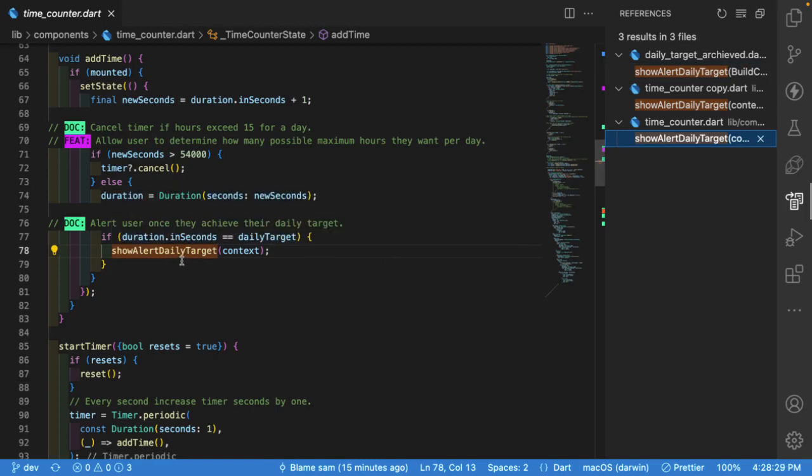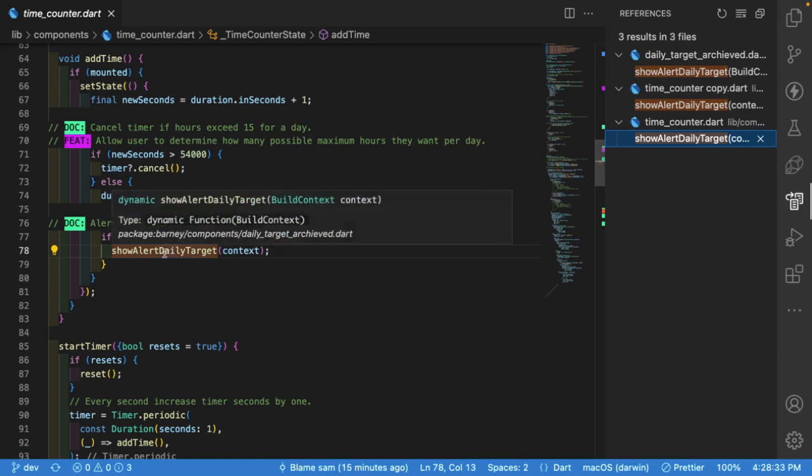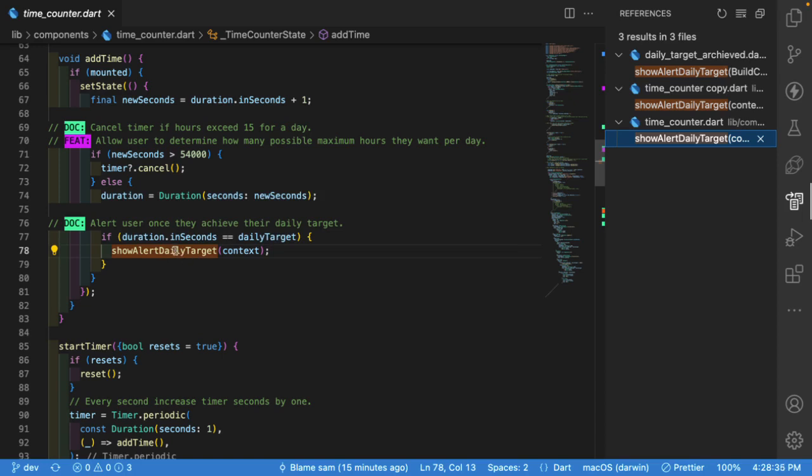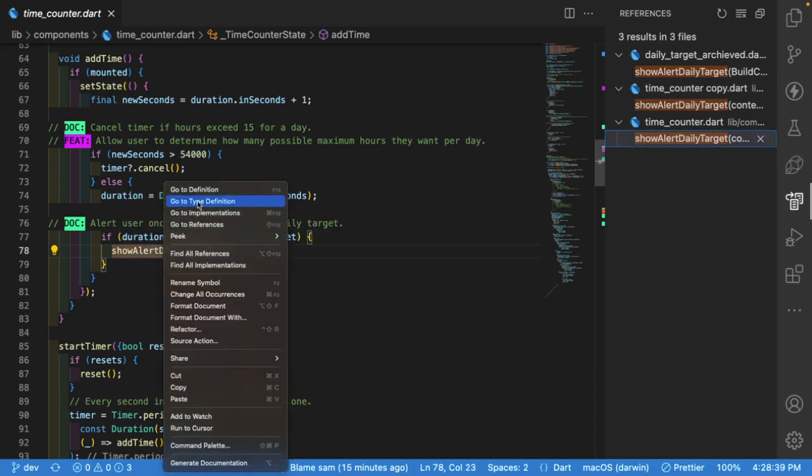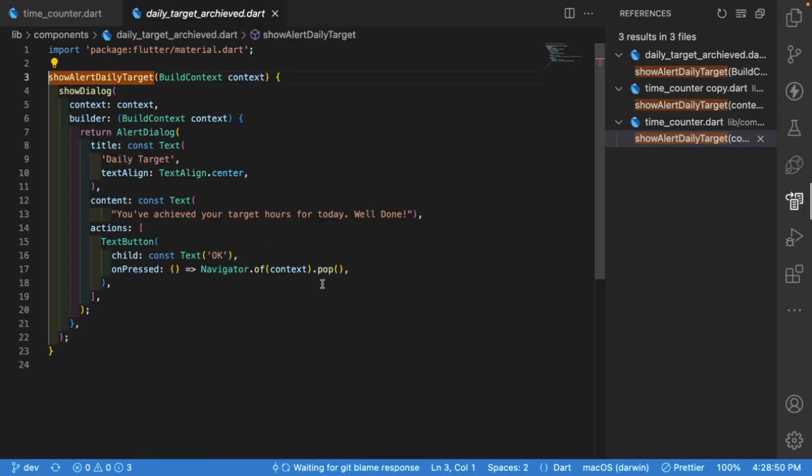Say if I'm on this and I'm trying to get back to where I define this method, how can I do that? Well, again, it's quite easy. Right click again, and this time round, you don't go to find all references, but you go to definition, or you can use the shortcut function 12. So when I click on that right there, you can see it takes me back to the definition of that